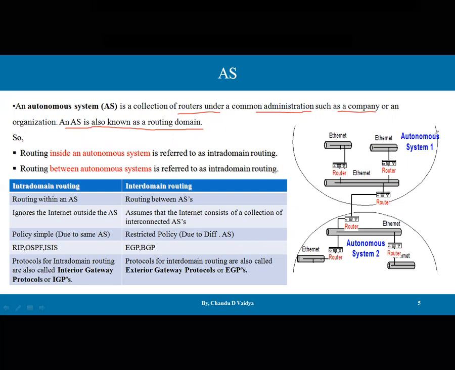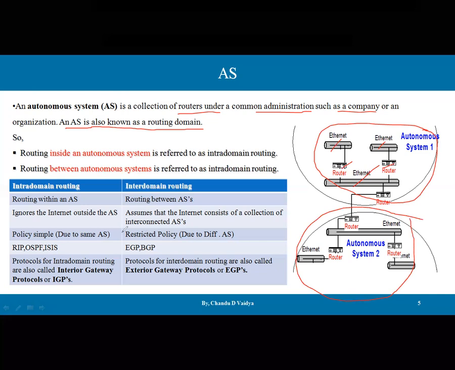If we go with this diagram, guys, here there is one autonomous system where every component, Ethernet, the networks, and cables are available. This autonomous system is governed by a single administrator, under a single administrative policy, where every protocol and every rule is imposed by their management system. Here there is a second autonomous system, guys. This is also the same. An autonomous system is generally divided into some kind of structure, etc., and we will focus on that separately in the next lecture.